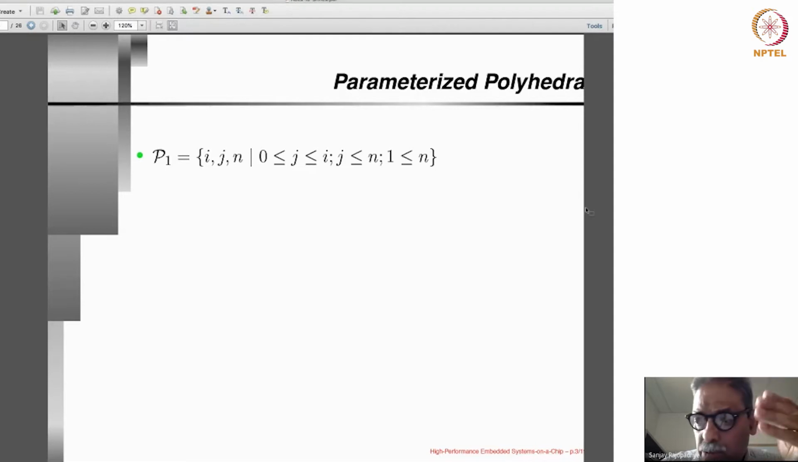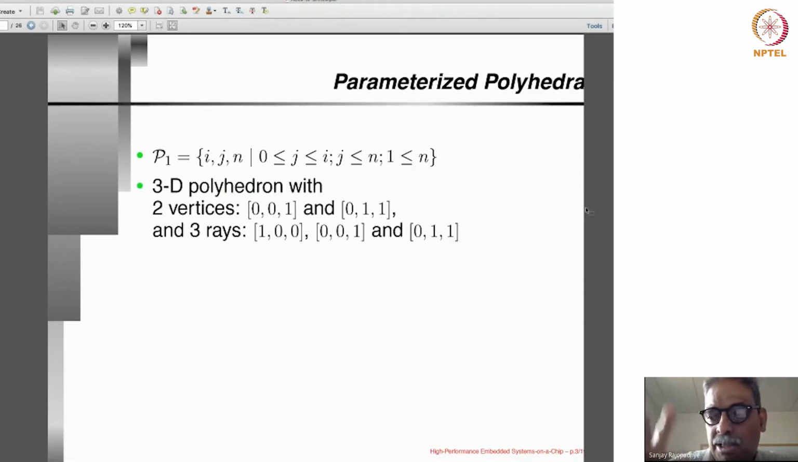We have talked about these iteration spaces, and we have talked about the fact that they are polyhedra. Okay, without going into details, these are sets of indices that satisfy linear or affine inequalities, and in addition, we may have some parameters like n. Okay, so